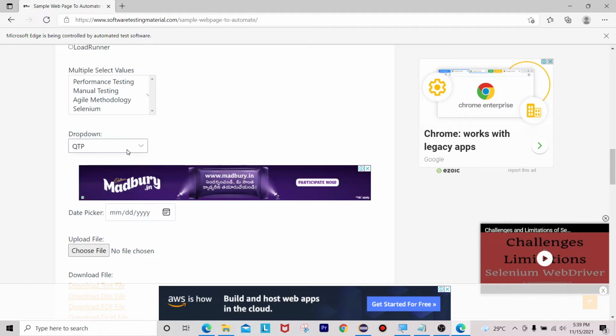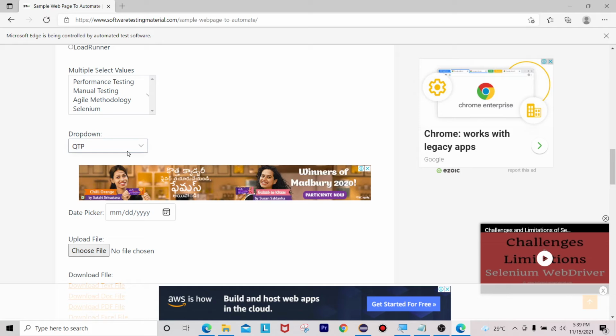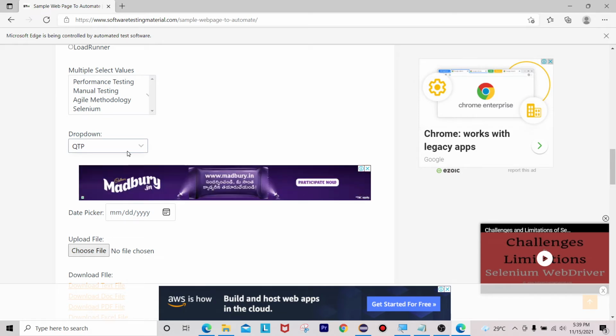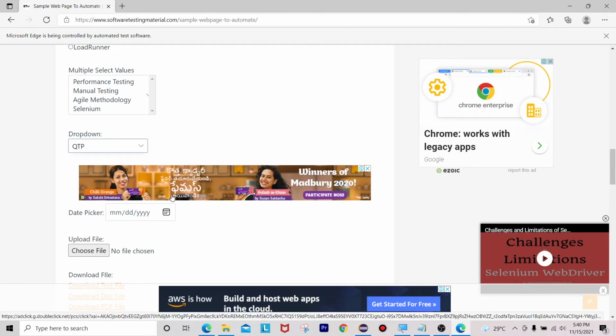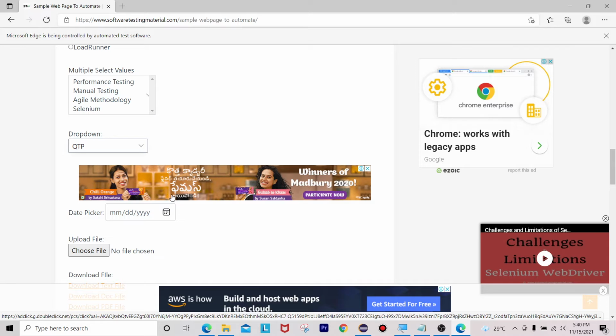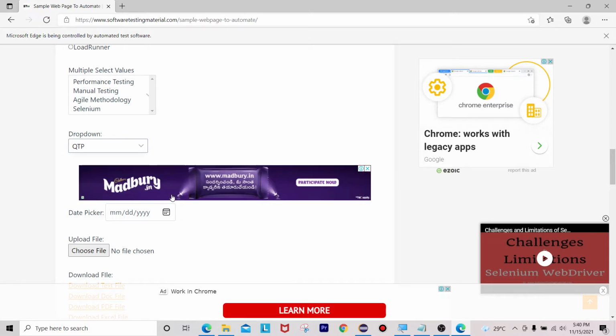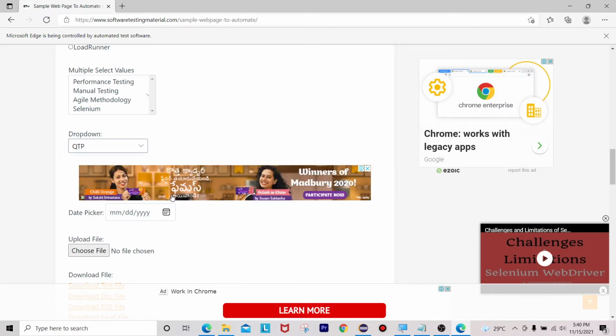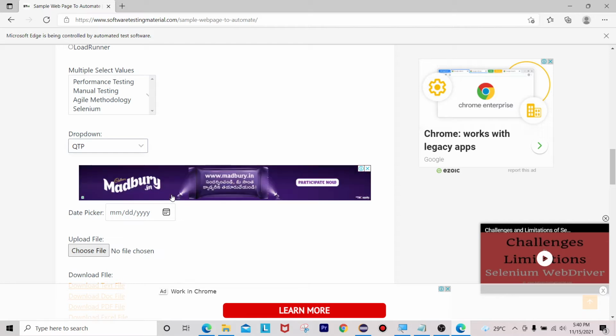See, all these 3 methods we can perform at a time on the particular drop down web element. This is how we can perform operations like selecting a value from a drop down with the help of 3 methods: select by visible text, select by index, and select by value.